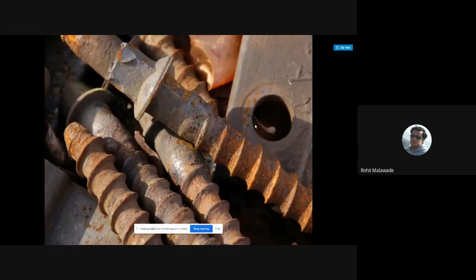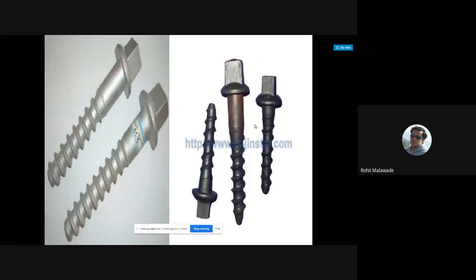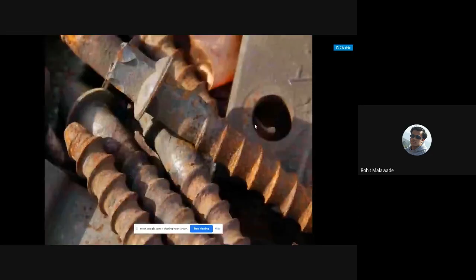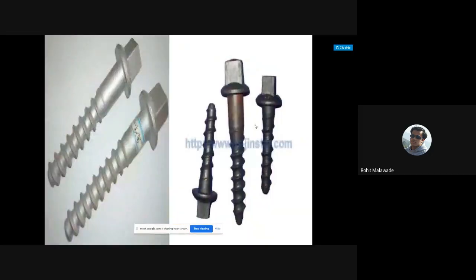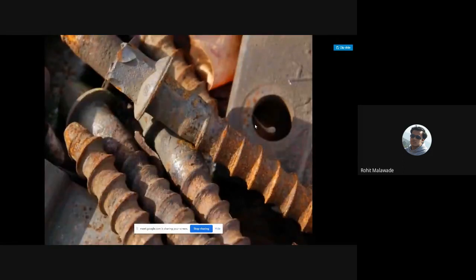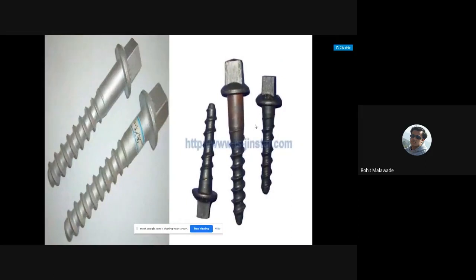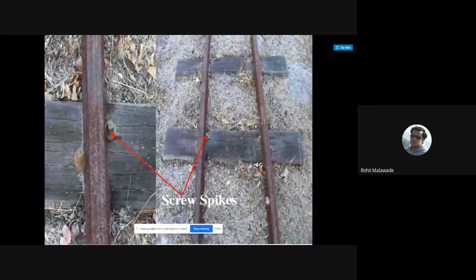So this is what the screw spike is. It has a circular head, and it has the square at the top.